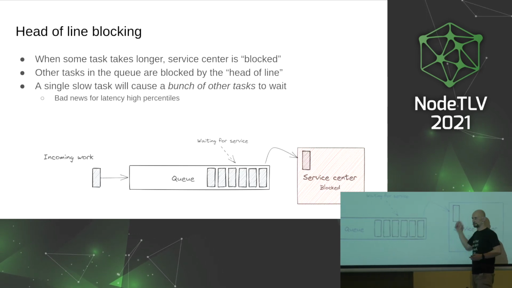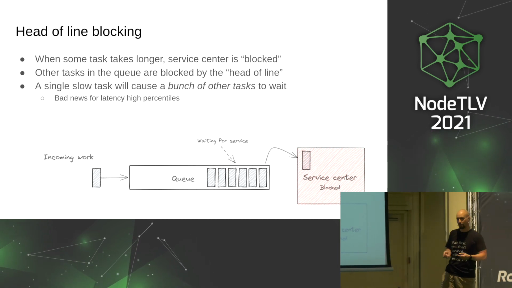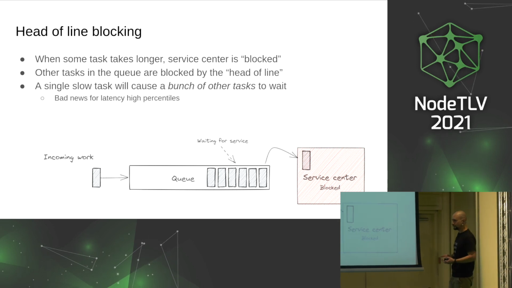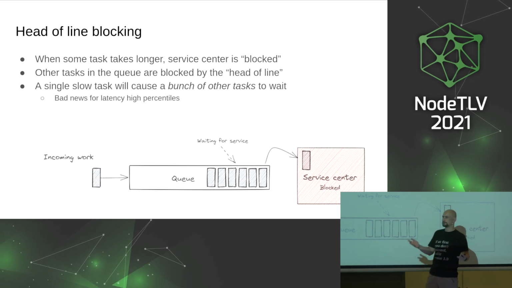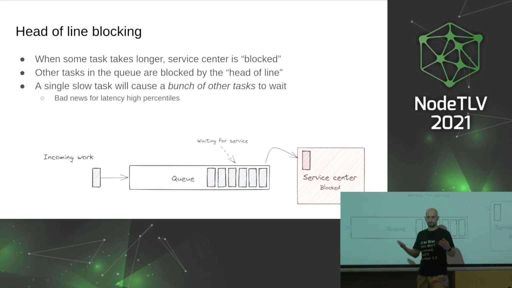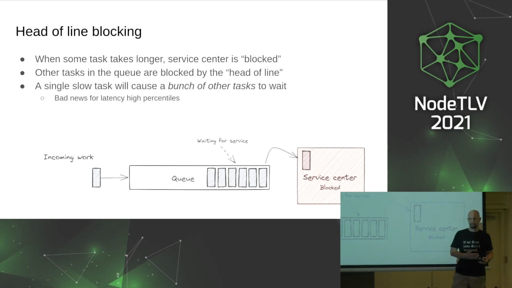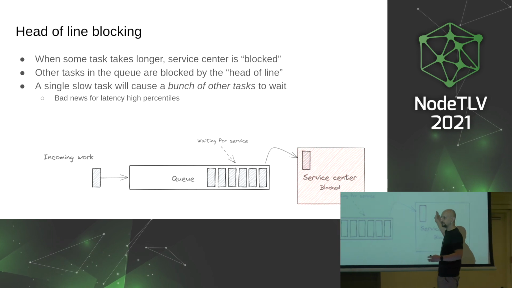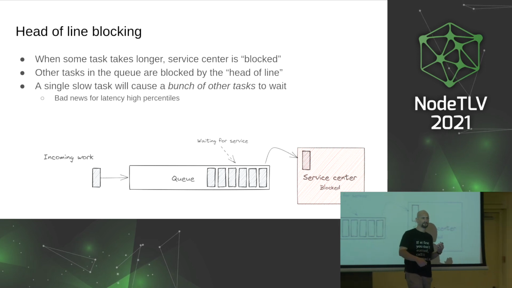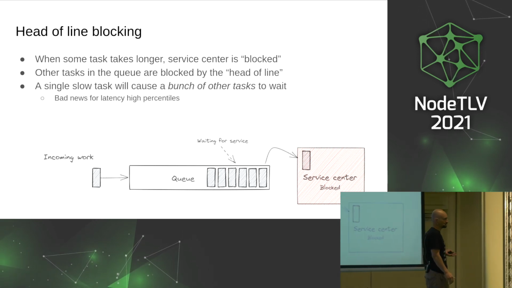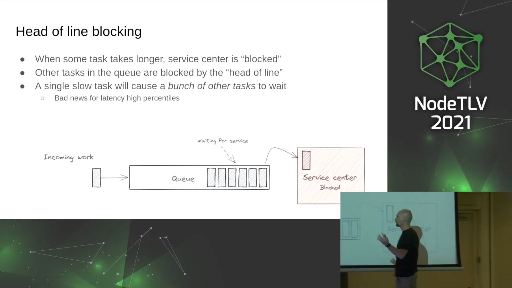So when something is blocked in the queue, it doesn't matter why, what's going to happen is head-of-line blocking. Okay? So the head of the line, everything in the queue, except for the work that's currently being serviced, is going to wait. And this means that even if one particular job is being delayed for whatever reason, okay? And remember, we're talking about statistics, so there's some chance that this work happens to be larger, or maybe the CPU is busy right now, or maybe you have garbage collection. Doesn't matter. There's going to be some reason for this work to be on the far end of the distribution, and then it's going to delay everything in the queue.